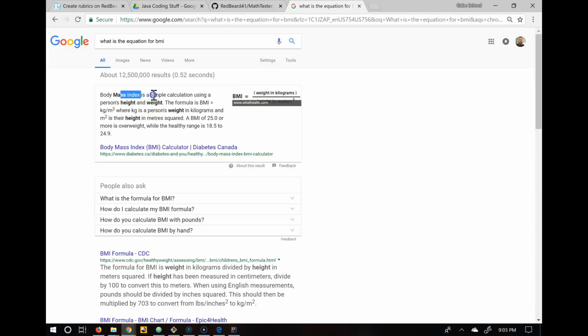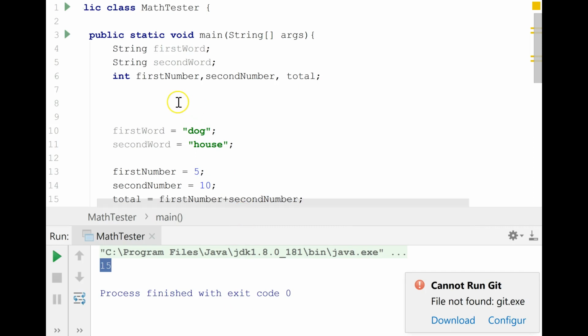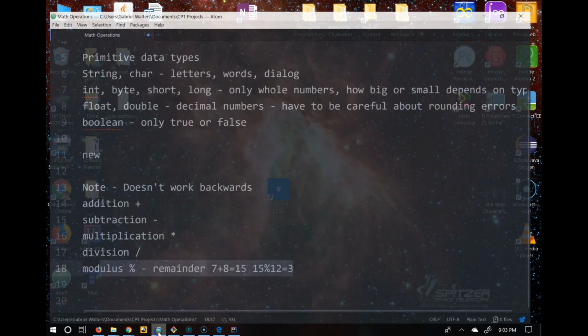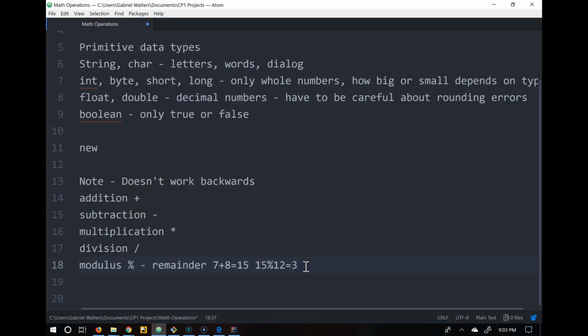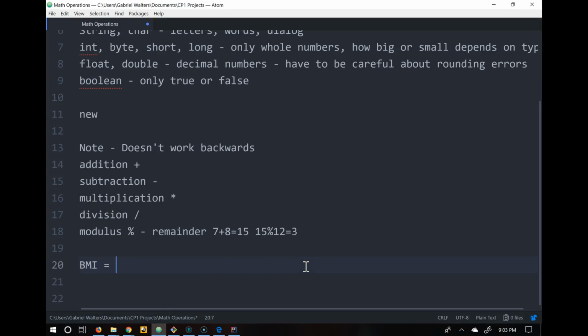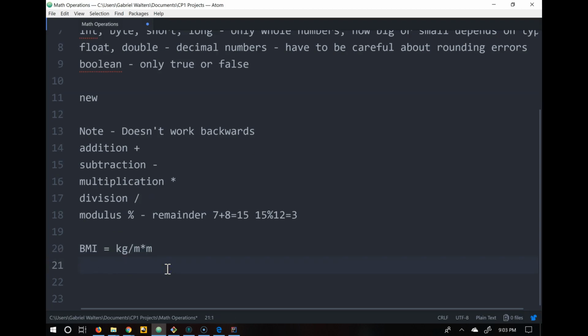So this is just a simple math equation. We have kilograms divided by meters squared. If I was playing around in here, let me go back to Atom, I would write BMI is equal to kilograms divided by meter times meter. That's how we could represent it in our code. This is the equation for BMI. That means that if you were trying to capture that, you could ask the person